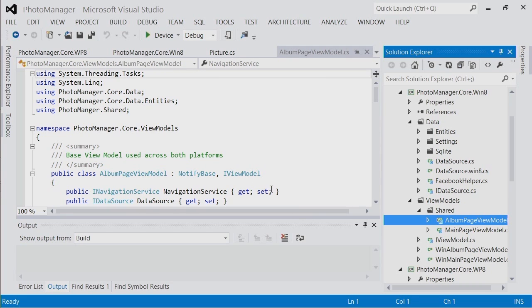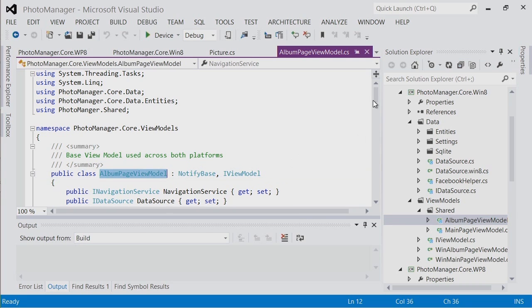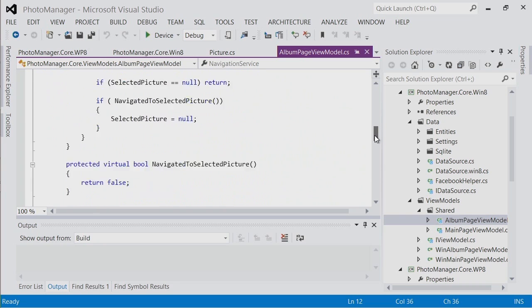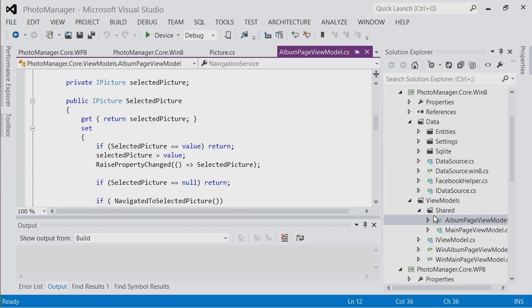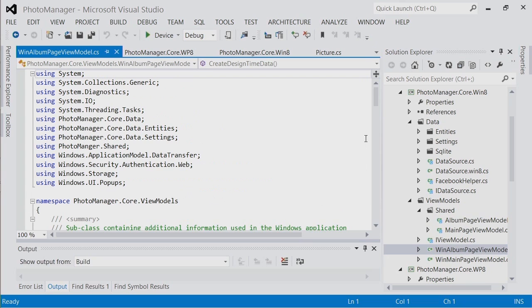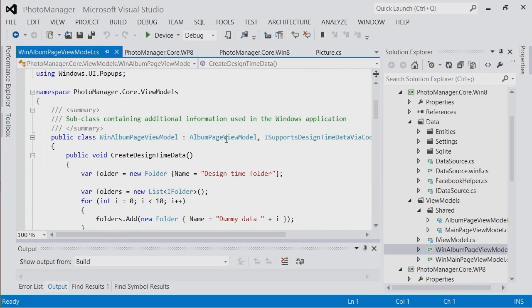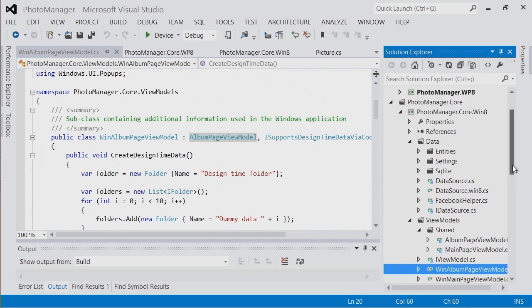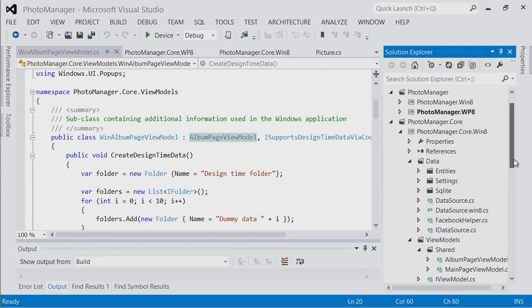So this is the base class. All of this stuff is in the base class. And in both projects, we've got a Win album page view model in the Windows one, which inherits from album page view model. And in the Windows Phone 8 project,